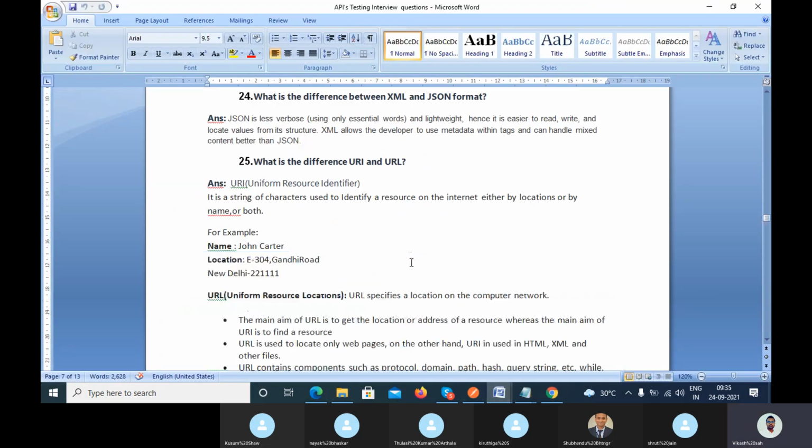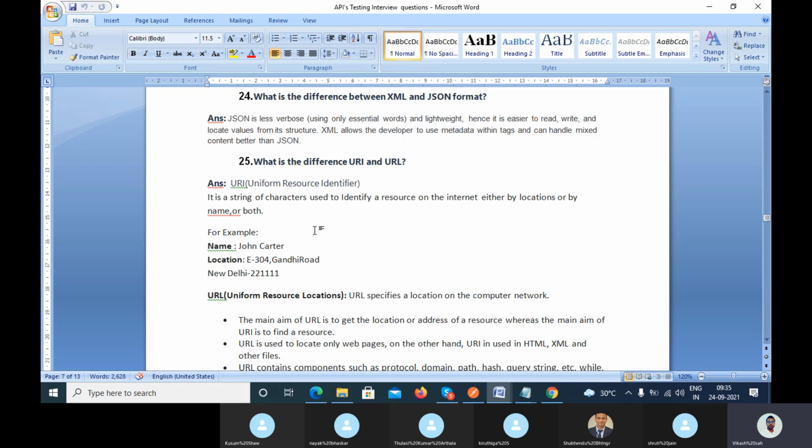Now one important question: what is the difference between URI and URL? Sometimes we are asked about URL, and is it different from URI, or is it the same? Let's try to understand the difference.